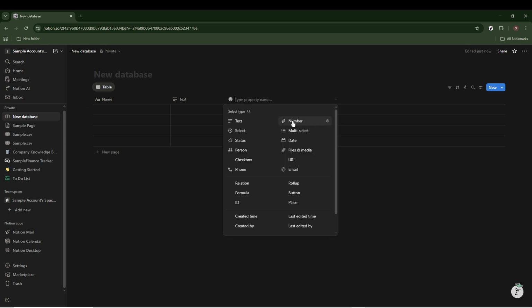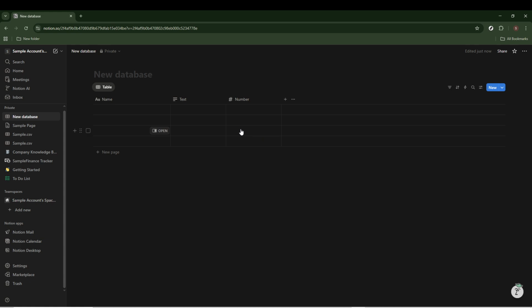Columns help categorize and structure information, making it easier to sort, filter, and manage your entries efficiently. By combining rows and columns effectively, your Notion databases become much more dynamic and versatile. You can easily add multiple entries, track different types of information, and customize your workspace to fit the way you work. This functionality is particularly useful for project management, content planning, tracking progress, or any scenario where organized data is